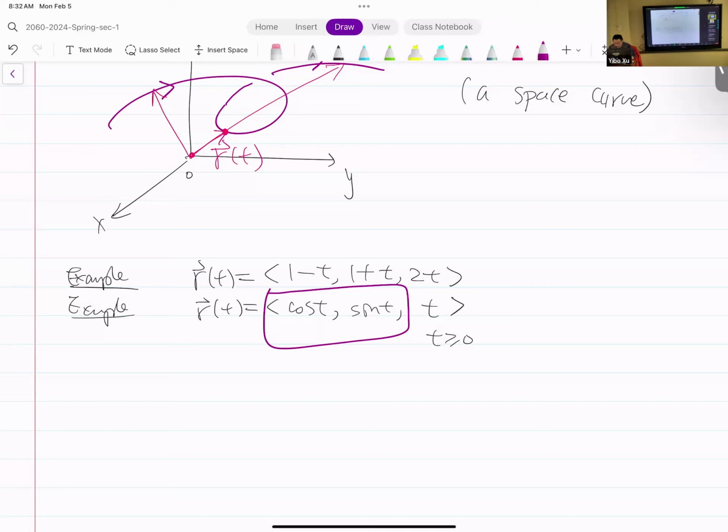That's actually, if you only look at the xy part, this is going to be just on the unit circle. And now we're saying t is just non-negative, so basically it will be periodically just circulating around the circle counterclockwise, right? So the period is 2 pi here. So basically, what I'm saying is that if you make t going from 0,